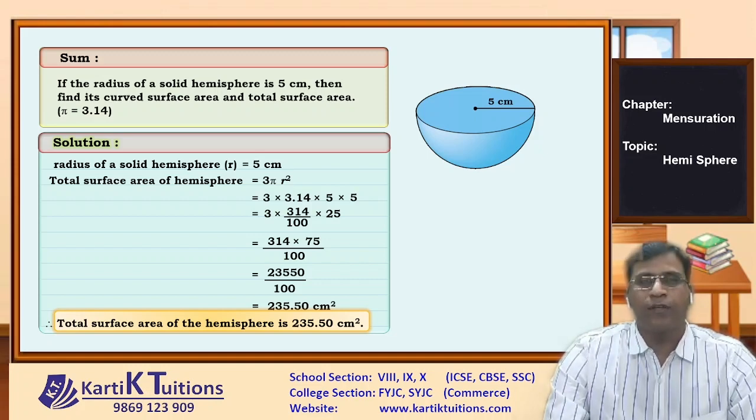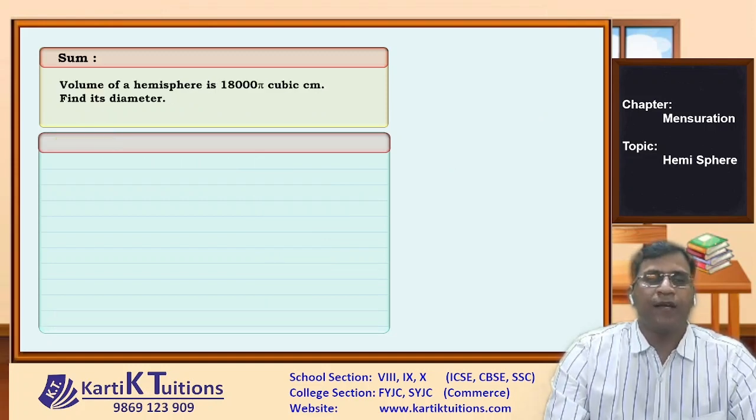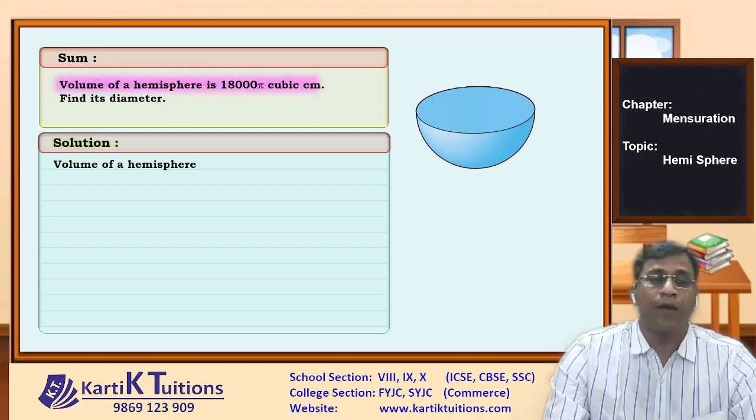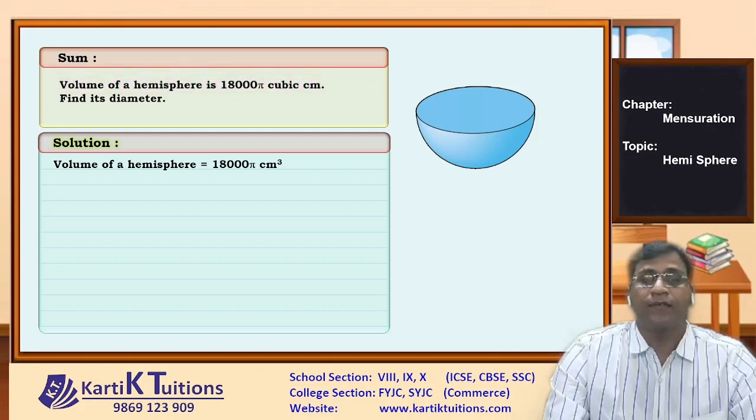Let's have a look at one more sum. Volume of hemisphere is 18,000 pi cubic centimeter. Find its diameter. Now see here, it is a hemisphere given to us and they have given us the volume as 18,000 pi cubic centimeter. देखो एक बात अच्छी है, पाई वो लोग ने लिख के दिया है सब में, तो अपने को पाई की वैल्यू सब्स्टिट्यूट करनी नहीं है।